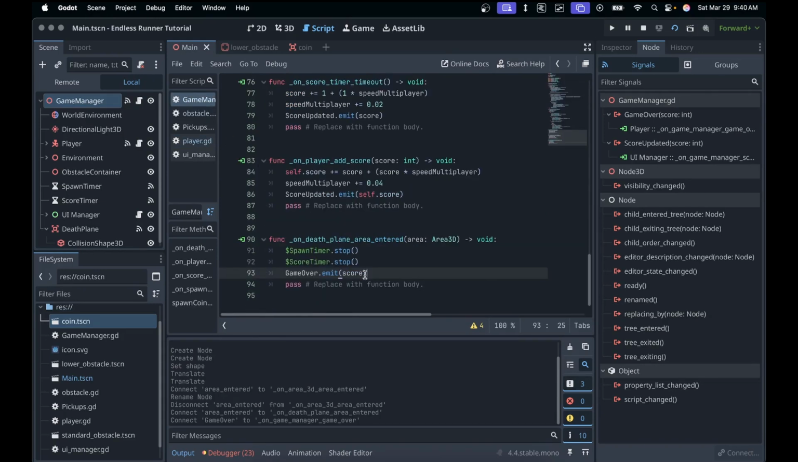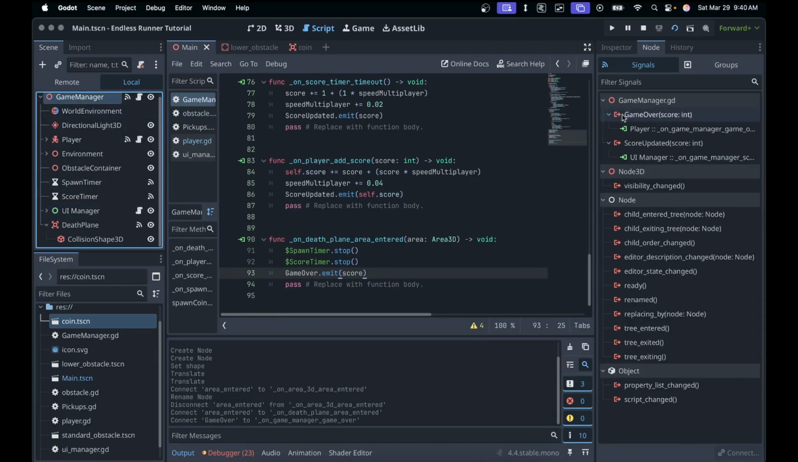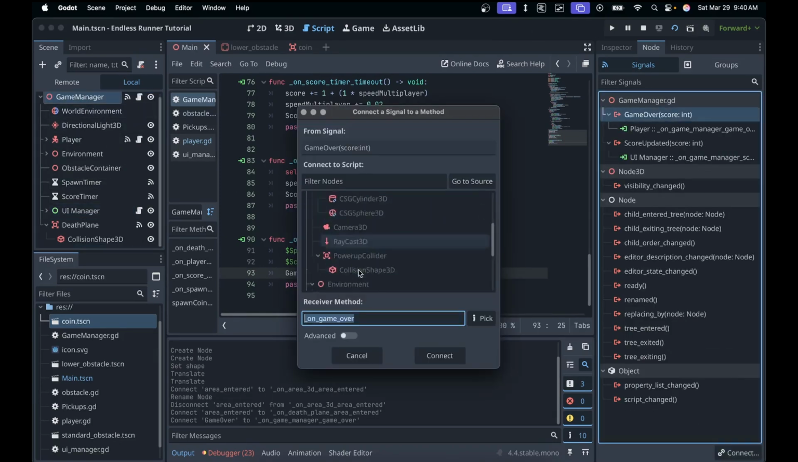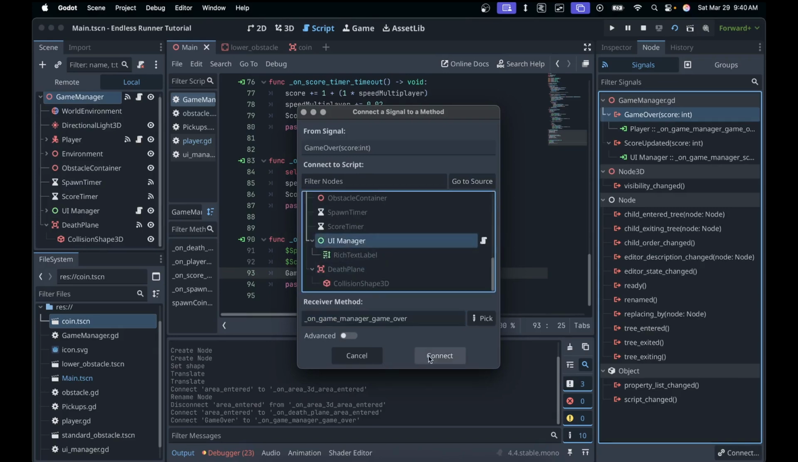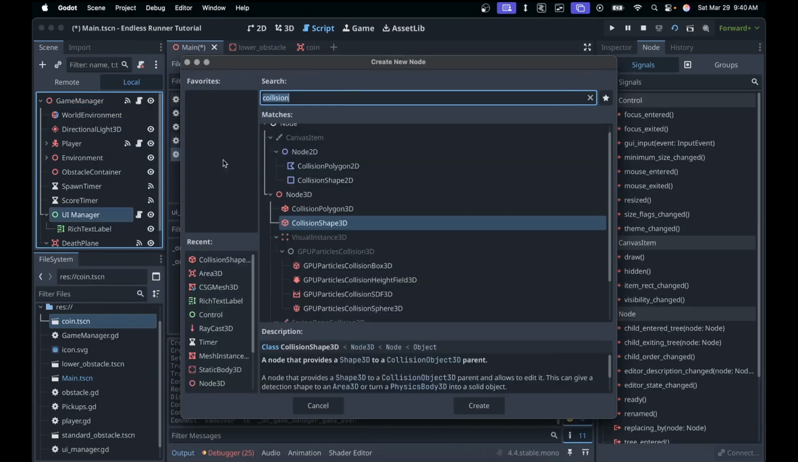And then we can come in here when we emit that game over, and we can subscribe to it in our UI manager. So we'll come over here, double click on this guy, go down to our UI manager and hit connect. And now our UI manager knows that our player has died. So when that happens, let's right click, add in a child node, and let's add in